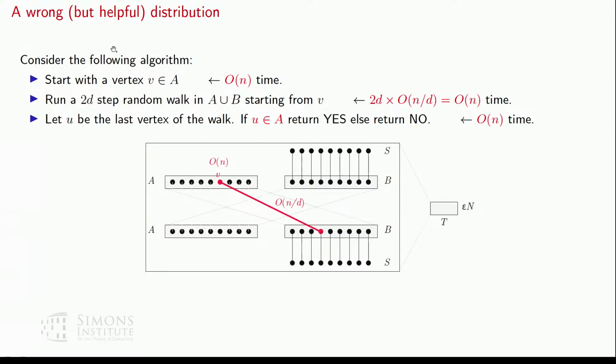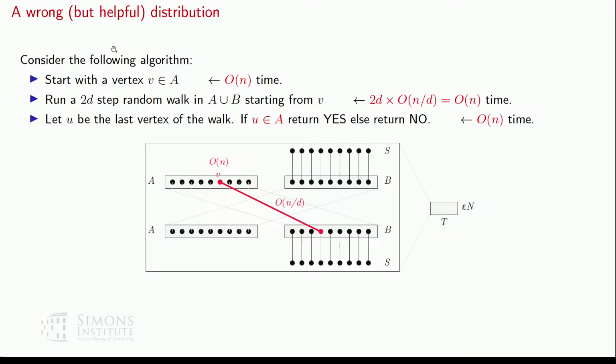OK, among the d neighbors of A in B, I'm going to pick one at random and basically random walk on the core vertices. So how long does it take for an A vertex to discover a random neighbor in B? The degree is at most n, actually epsilon n plus d. So the degree of this vertex is order n, and d of them go to B. So start querying the adjacency list at random, and in n over d time, you're going to hit one vertex in